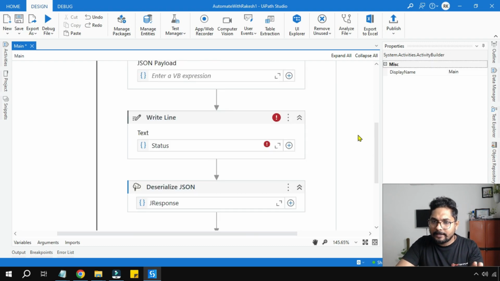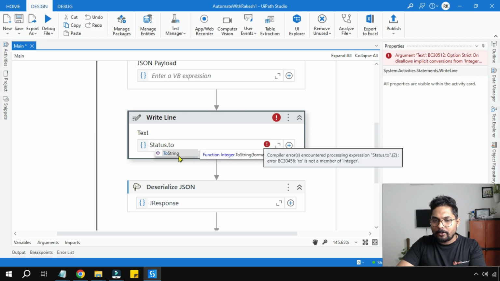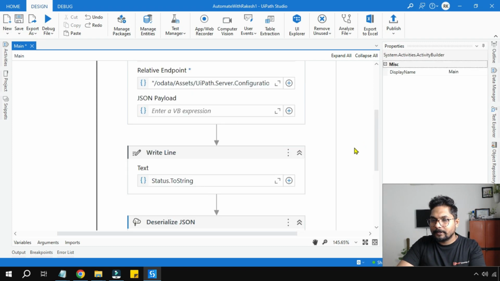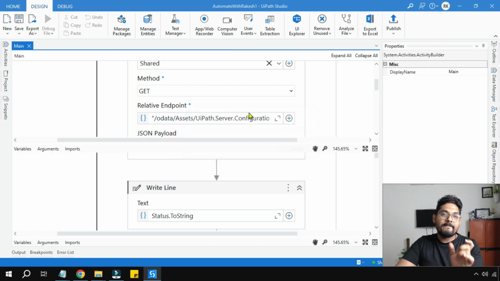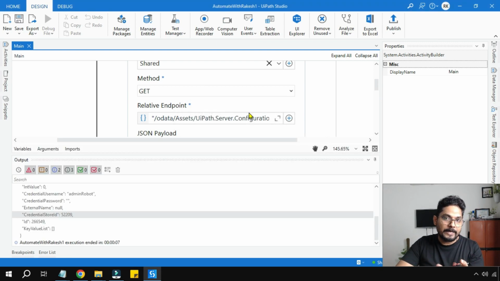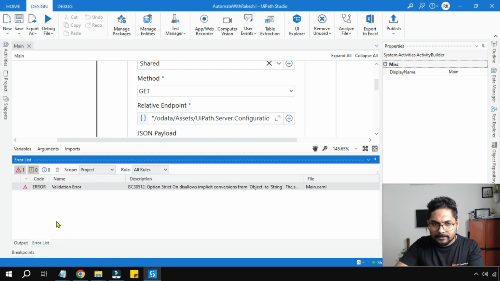So our workflow is done. Here all you have to do is simply say .toString, because it's an integer kind of variable. So I'm saying .toString. So now if you see, the entire workflow is designed. All you do is simply run it. Now the goal of this endpoint is to fetch me the asset values associated with that robot. Okay, and with that asset. Some validation error, let's see,